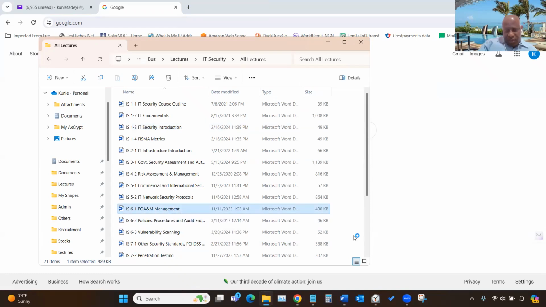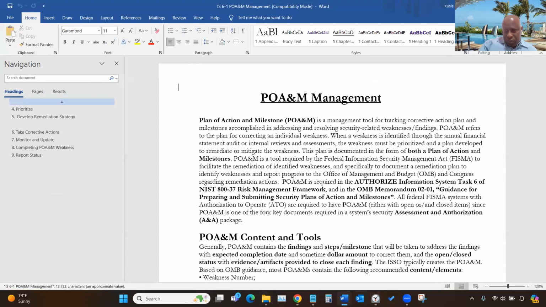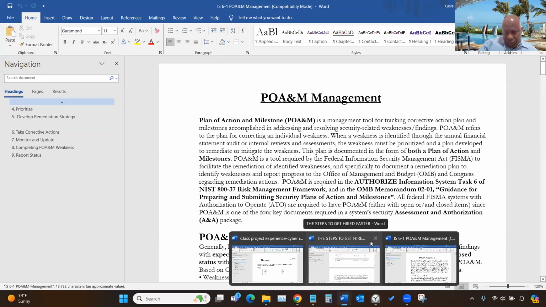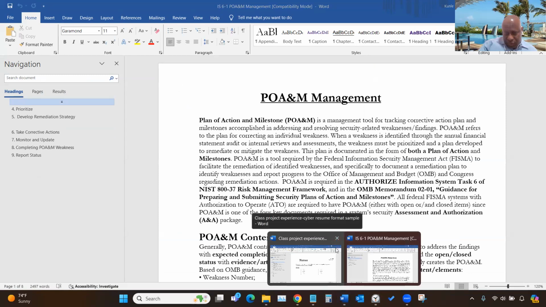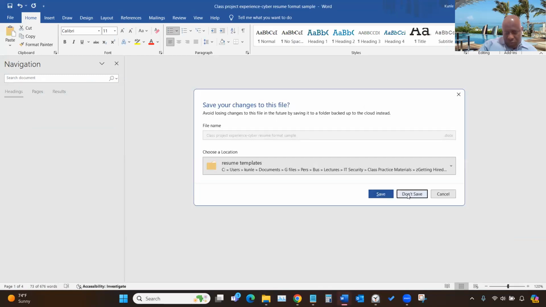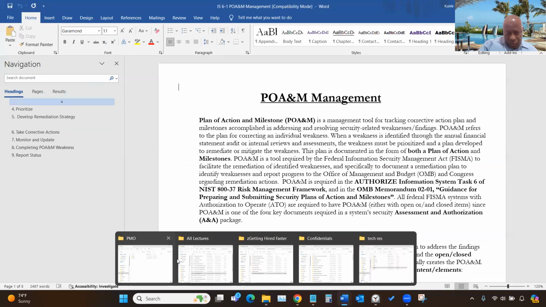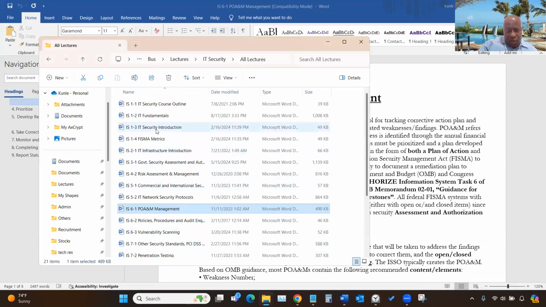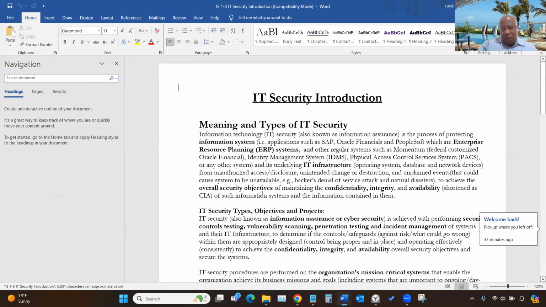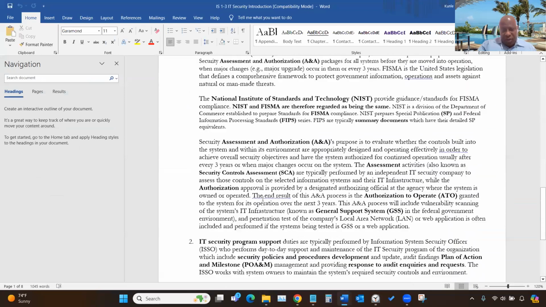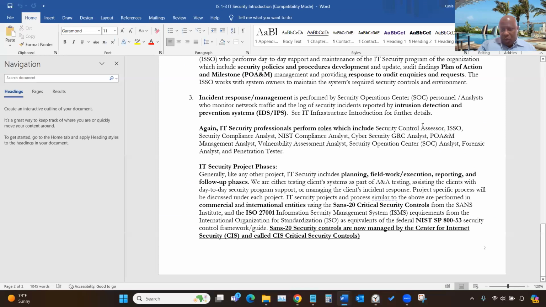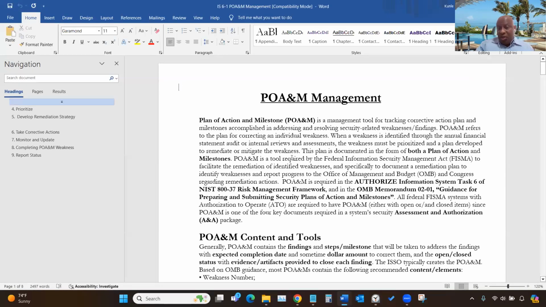POAM management is a full-time job, managing POAMs. It's in your security introduction here. As usual, the second to last paragraph there shows different roles. Here is the POAM management analyst. It's a full-time job. Do you remember the POAM is a tracker